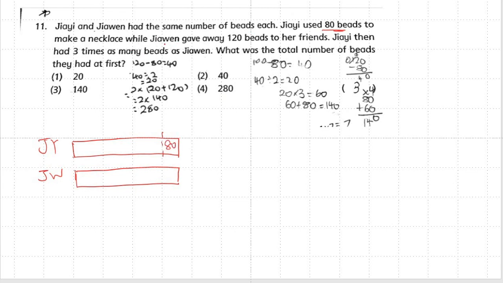To make a necklace, 嘉文 gave 120. So 120 is where? Here is already 80, right? 80 add another 40 is 120. So over here is 120. So they are left with 3 times as many. 嘉莹 left with 3 times as many beads as